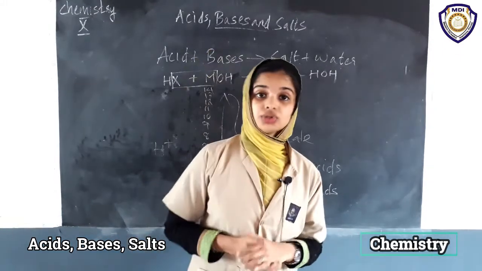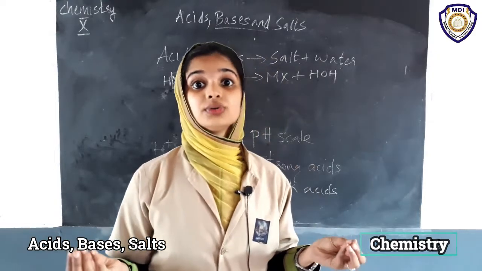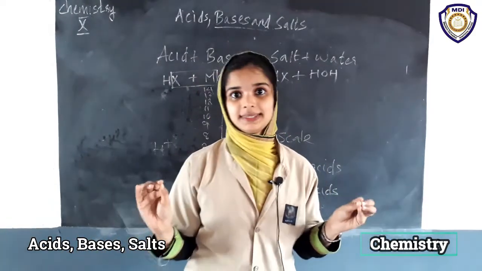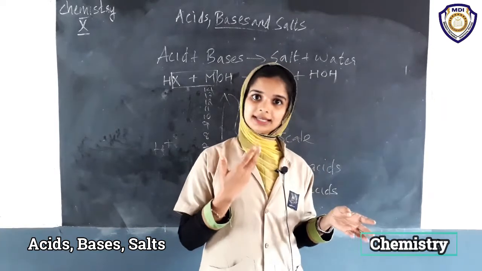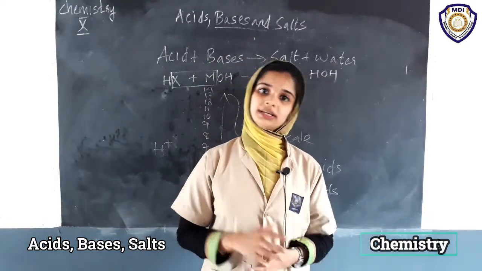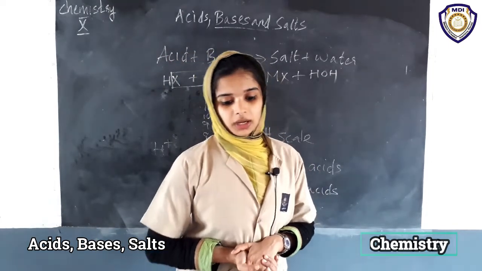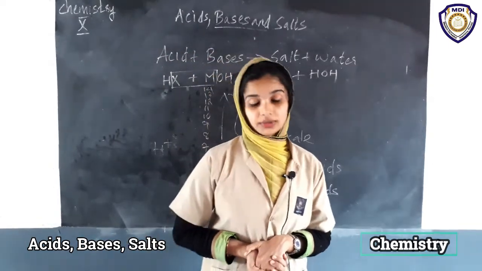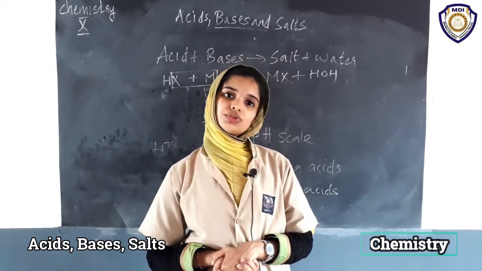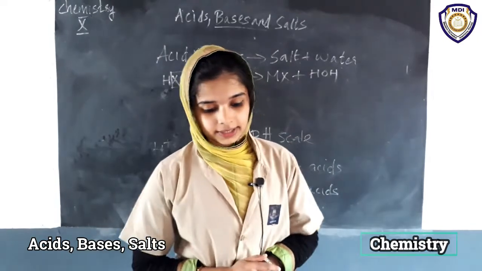irritation. So to get rid of this situation, we will use what? We will use antacids. Antacids are not acids, they are bases. So when we use antacids, they will neutralize the acid in our stomach, so the irritation will go off. Then also milk of magnesia is used. It is a mild base. It is used for the gastricity in our stomach.